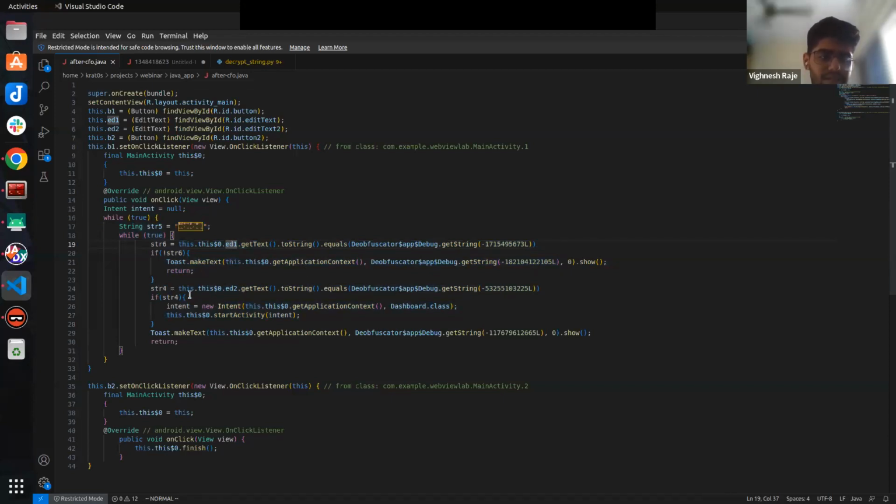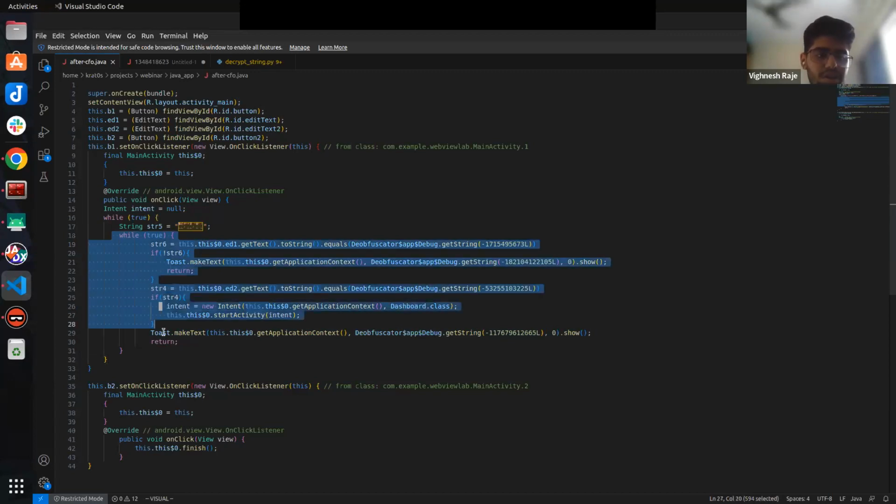If the comparison is successful, it will retrieve the value from the second edit text. Again, it will try to compare. If that comparison is not successful, we will get another toast. And if it is successful, it will go to this dashboard activity. So based on this, we could make a guess that this is the login logic of